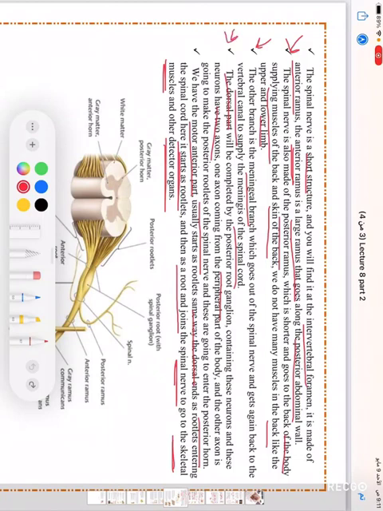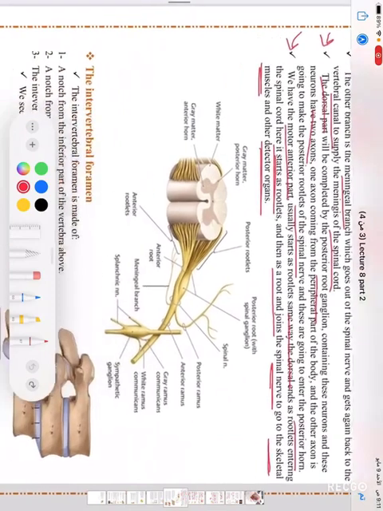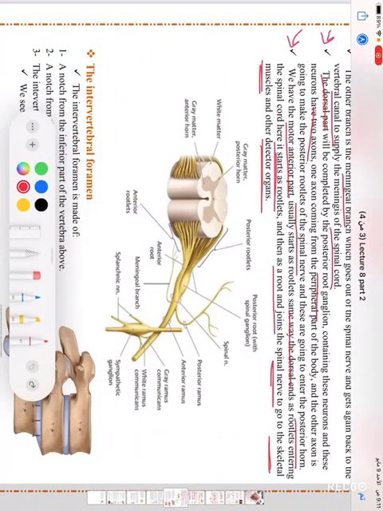Then we have the dorsal part, and we said the neuron of the dorsal part is made of two axons, one in the peripheral part and the other in the posterior rootlets of the spinal nerve. Then we have the motor anterior part, which usually starts as rootlets the same way the dorsal ones end as rootlets entering, then it ends as a root and joins the spinal nerve to go to the skeletal muscles and other effector organs. And this is a picture illustrating